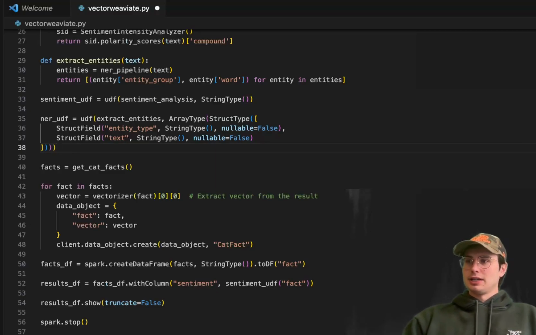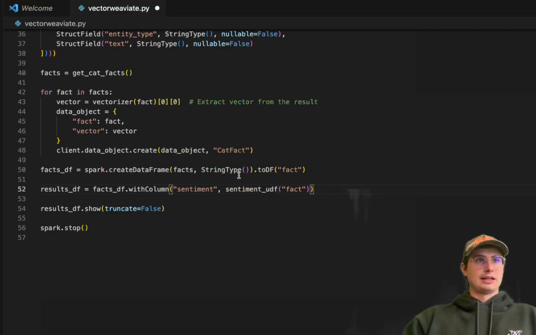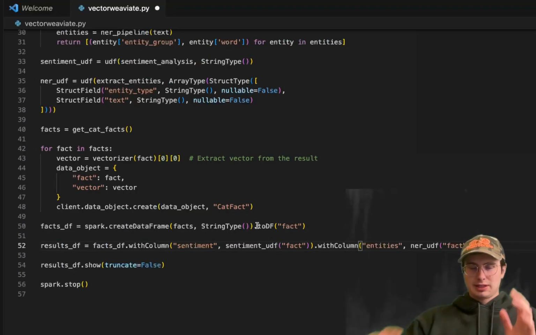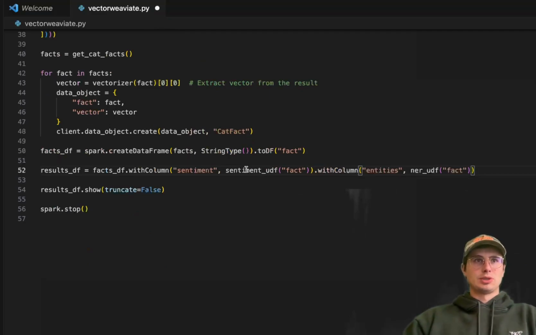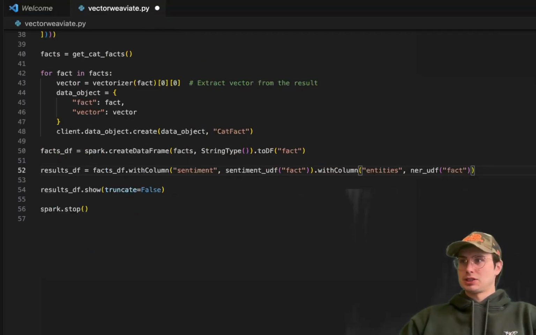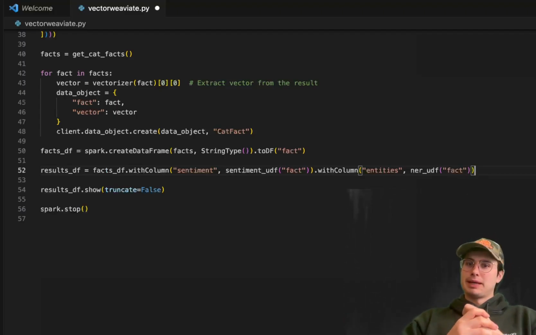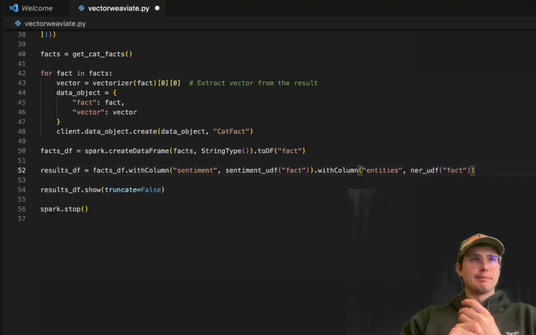And then you'll also need to apply it. So here, instead of results data frame, what we have is this sentiment. Still a similar kind of setup here, but we're adding 2 columns, dot with column, and also another dot with column here for entities, and the NER UDF for fact. So you can see, I just wanted to show you how to extend this if you want to add additional steps in the pipeline. The base setup is the same, but really